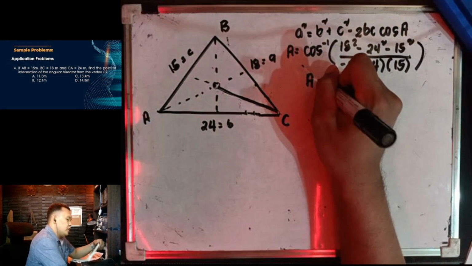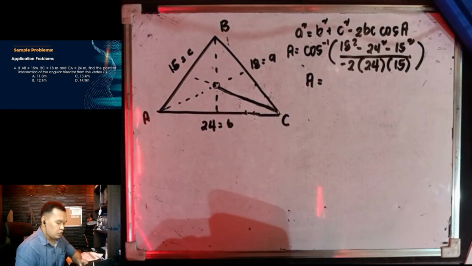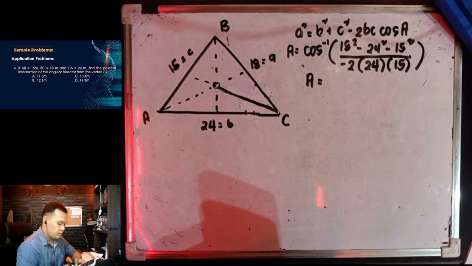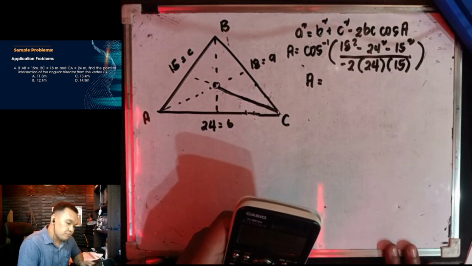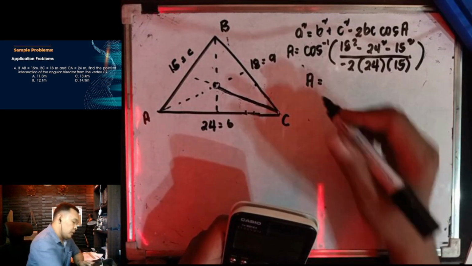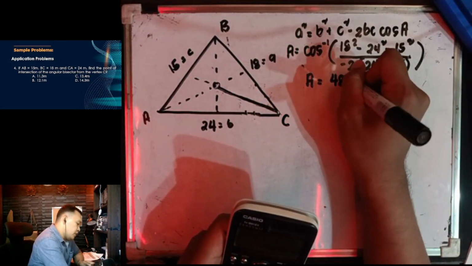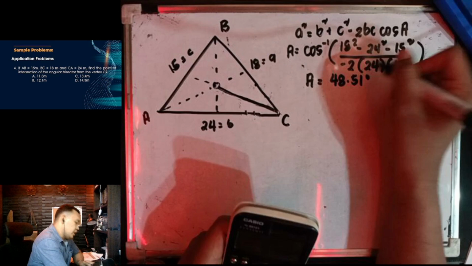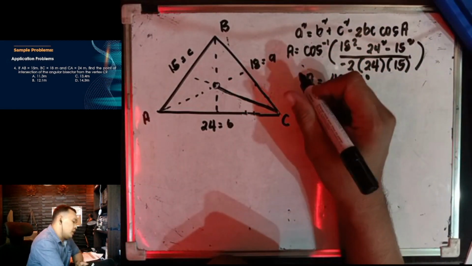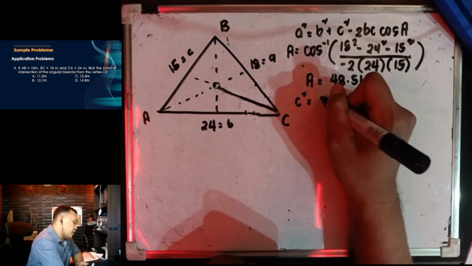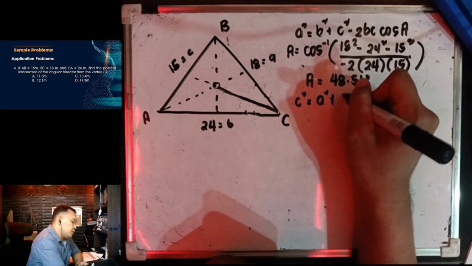Therefore, angle A is equivalent kay arc cosine of 18 squared minus 24 squared minus 15 squared all over negative 2 times 15 times 24. So the angle will be 48.51 degrees. Then for angle C, we have here C squared is equivalent kay A squared plus B squared